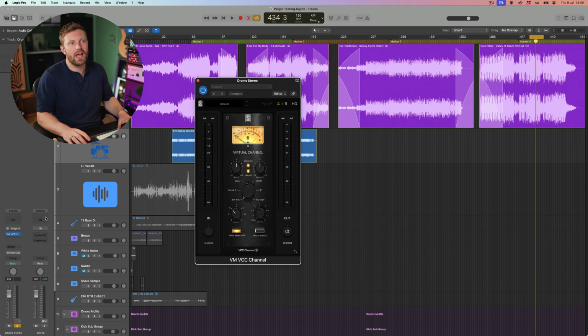But a lot of the time when we're recording through nice preamps or recording through a desk or anything in a studio, there is going to be saturation applied on the way in. Now you can emulate that in the DAW using console emulations, and some of these are really popular. For example, we have the Slate Digital range